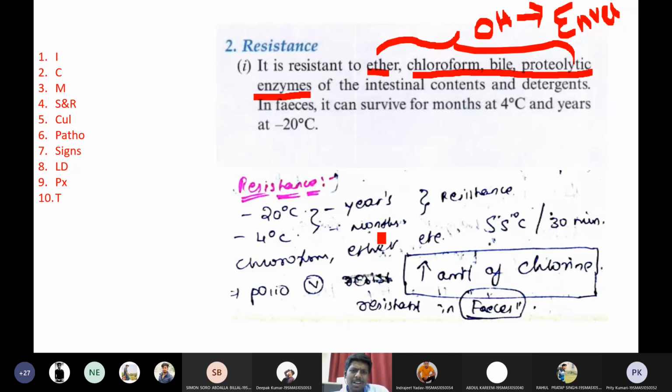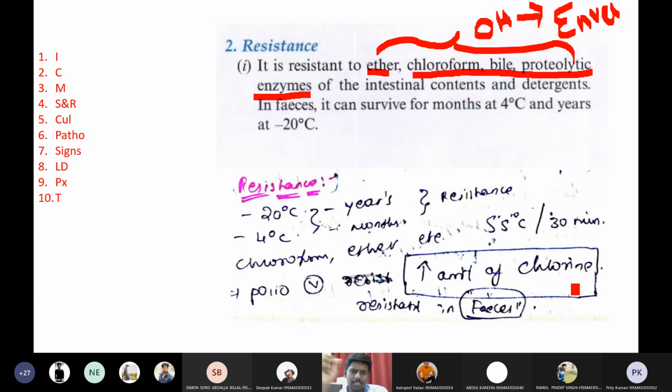Then how can we kill this virus? Maybe we can kill this virus by using chlorine. Chlorinated water will kill the virus, so this will be the option. You can use chlorinated water for killing viruses, especially the polio viruses. That is why we do chlorination of our drinking water. By adding chlorine to the drinking water, we are able to kill the icosahedral viruses. These capsid viruses can be killed by chlorine. So we can use chlorine as a sterilizer. We cannot say sterilizing agent, but comparatively, we can use chlorine for destroying the viral particles in the water.